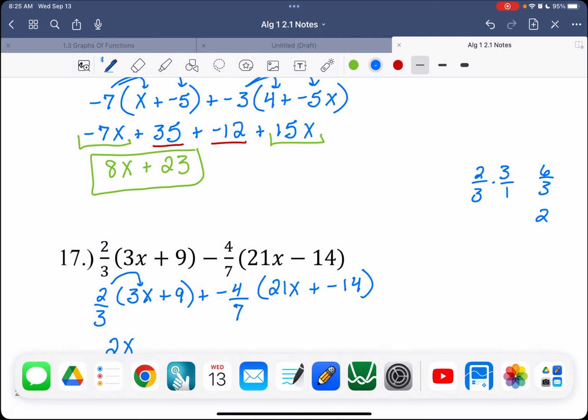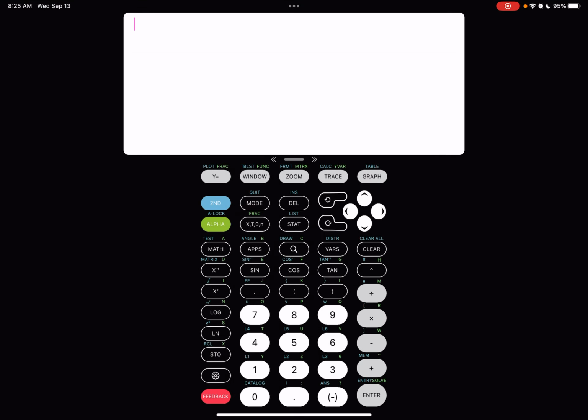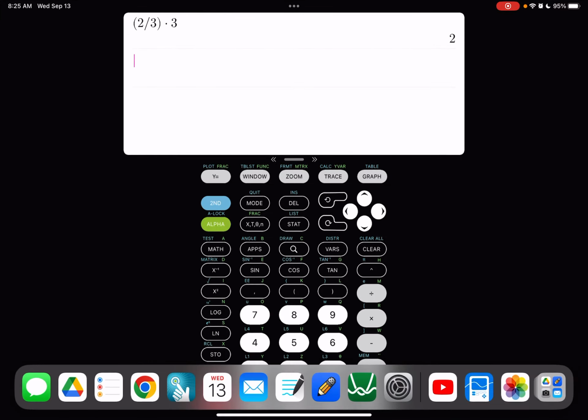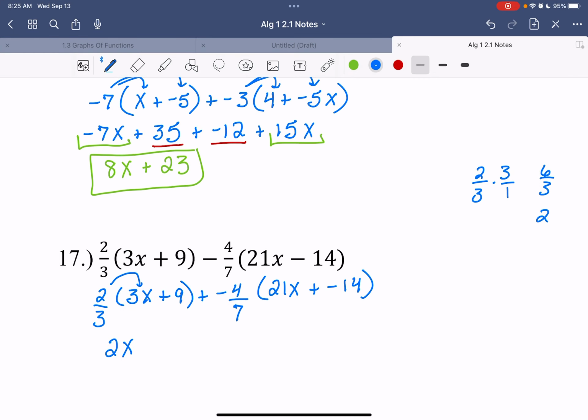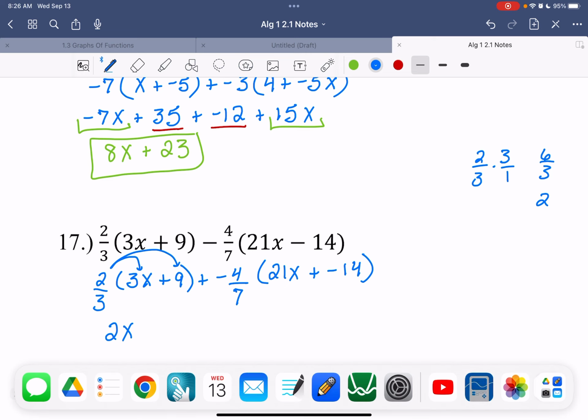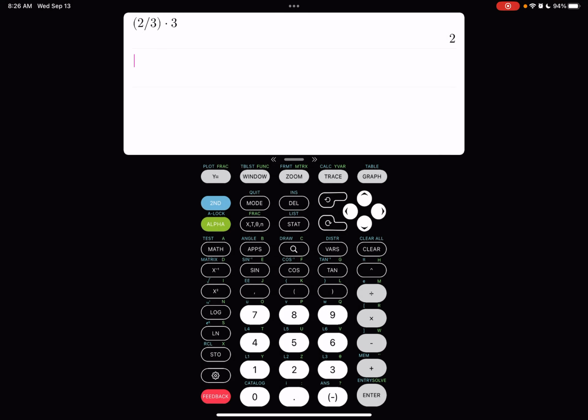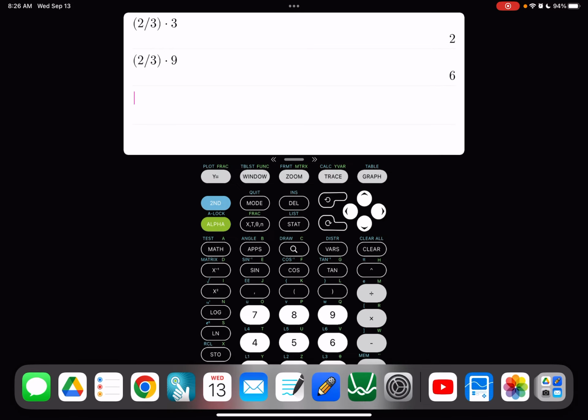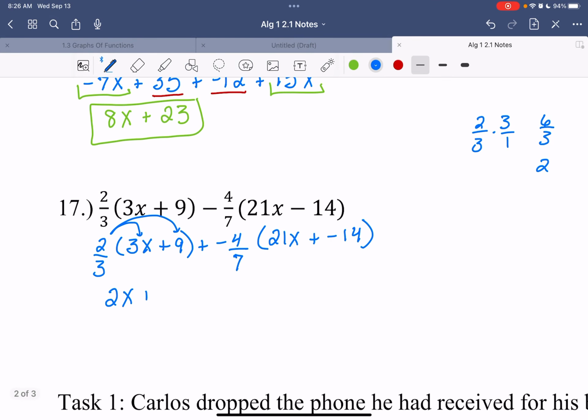But if that makes you nervous, we can always pull up our calculator. In parentheses, take 2 divided by 3. That's 2/3 times 3, and it still gives me 2. Okay, so your calculator is completely okay to deal with those fractions. I need to take 2/3 times 9. Calculator, parentheses, 2/3 times 9 is 6. So plus 6. Plus, now I need to